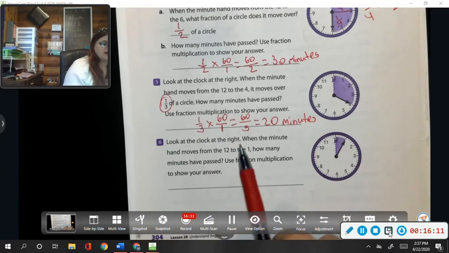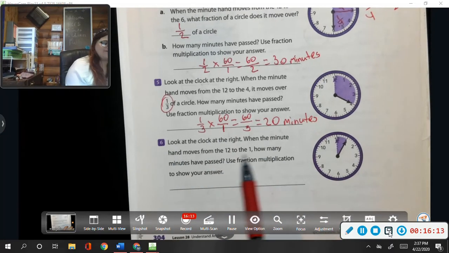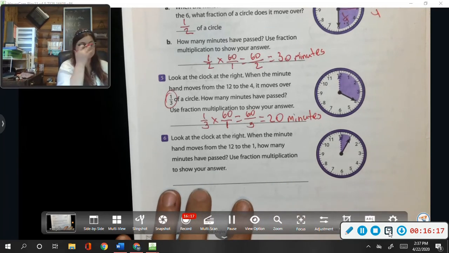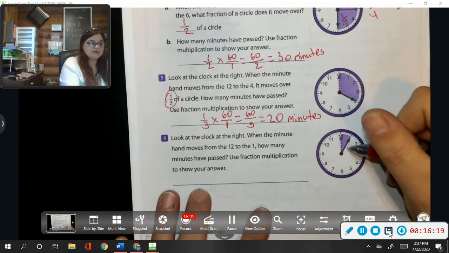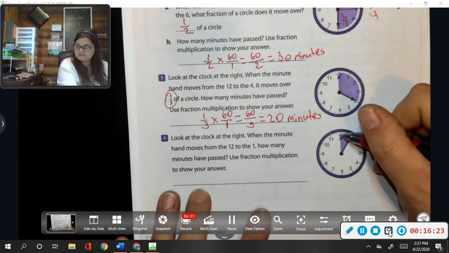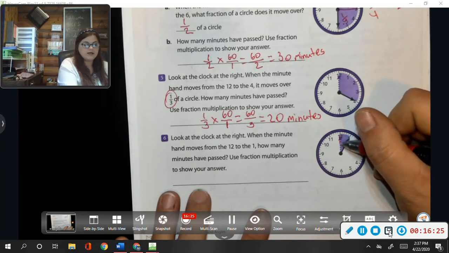Alright. Look at the clock at the right. When the minute hand moves from the 12 to the 1, how many minutes have passed? Use fraction multiplication to show your answer. So this only moved, how much did this move? It moved